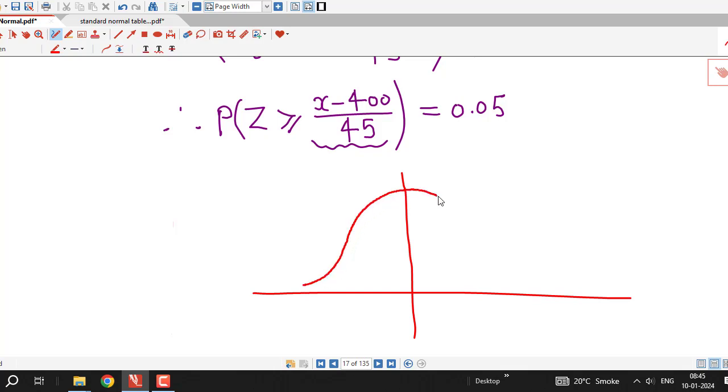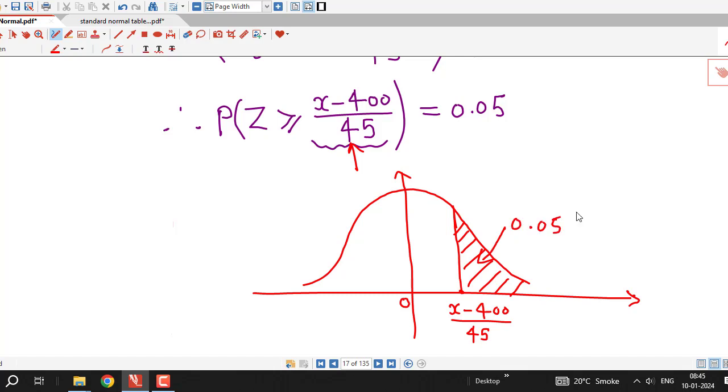Okay, we can roughly sketch to understand the values of probabilities. So now it is given that if Z is to the right side of this point, suppose this point is (x minus 400) divided by 45. So probability that Z is greater than or equal to this value, that means if we consider area to the right side of this point, then this area is given,